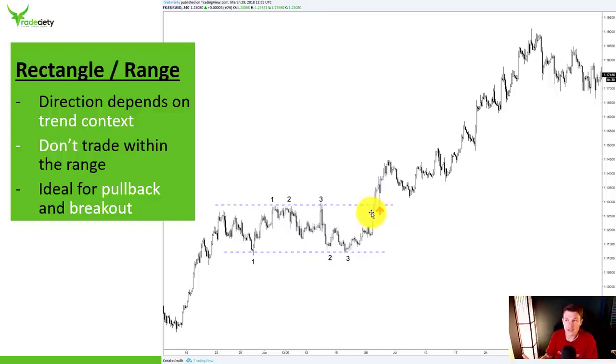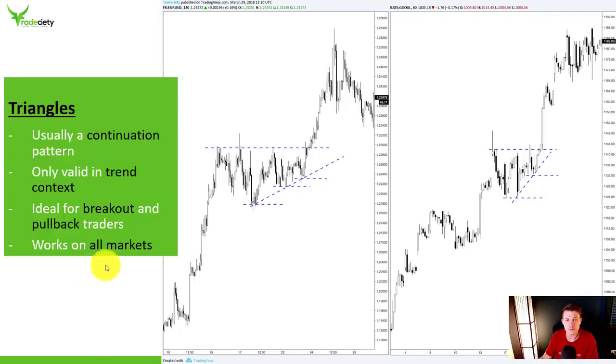However, obviously nothing in trading works 100%, and very often those ranges will lead to nothing. Sometimes the market will keep ranging afterwards. Sometimes those ranges will even trigger into the opposite direction, and then you are completely screwed. So it's very important to wait until you have the actual breakout out of the pattern and then make your trading decision. We have triangles, which are also usually considered continuations,